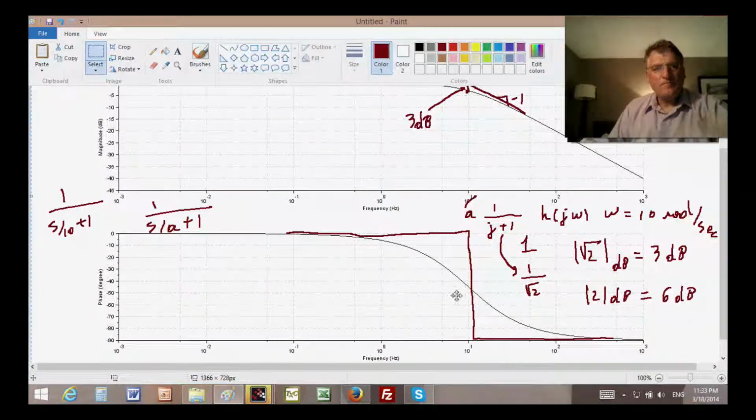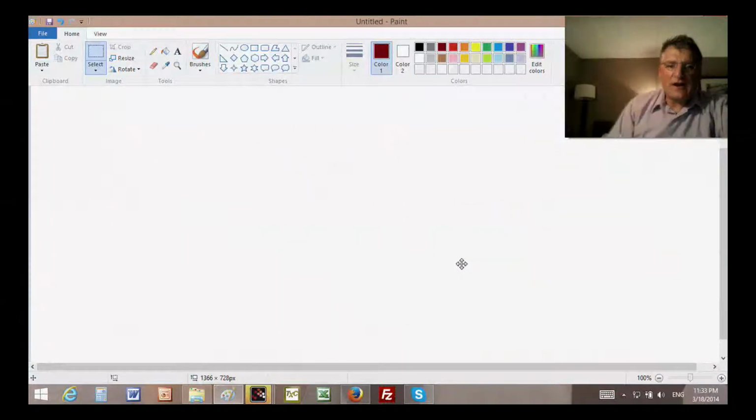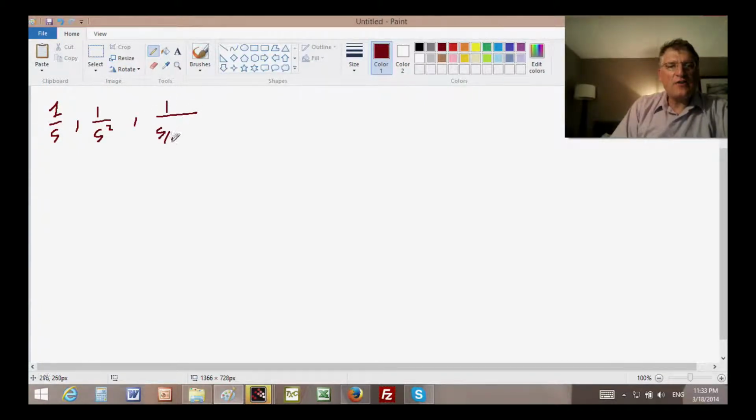So now what we can do is go back to our drawing board and look at other kinds of useful transfer functions. We now have 1 over s, we have 1 over s squared, we have 1 over s over a plus 1. So, of course, we have 1 over s plus a,